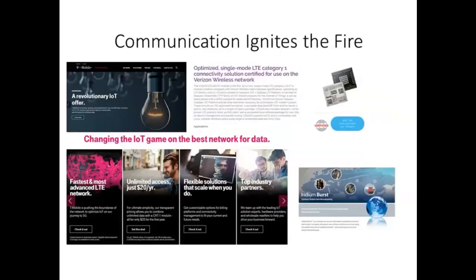So this slide is very interesting. When it comes to the Internet of Things, or IoT, one of the largest mitigating factors was the cost of attaching your piece of technology to the network. Now, AT&T, and Verizon is on the way to do it too, and probably the others are all going to fall into place. They're going to have data plans now that are very, very inexpensive that allow Internet of Things type devices to communicate their data through their networks at very, very low cost. As you can see here on one of those slides, it says unlimited access for $20 a year.